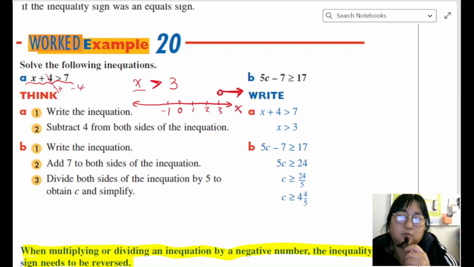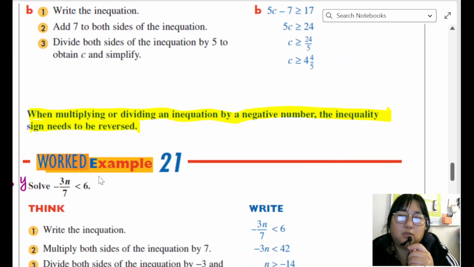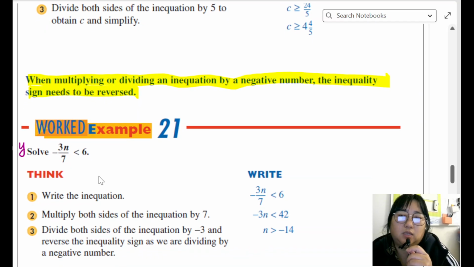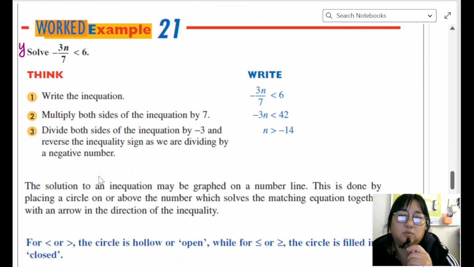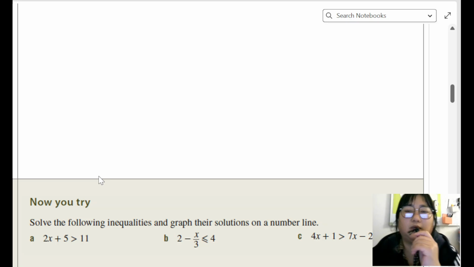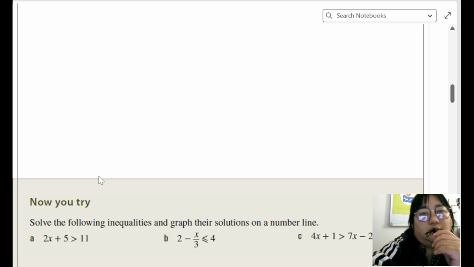And now we can have a look at another question. In this question they have a negative. If they have a negative, you have to reverse the symbol. And I will use one question from Cambridge and we can have a look. So this one,